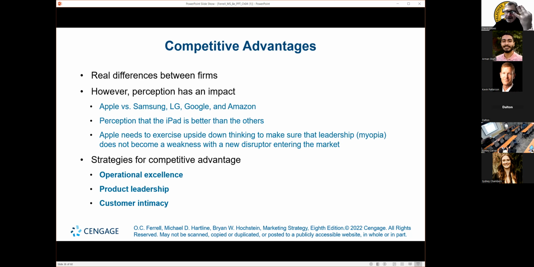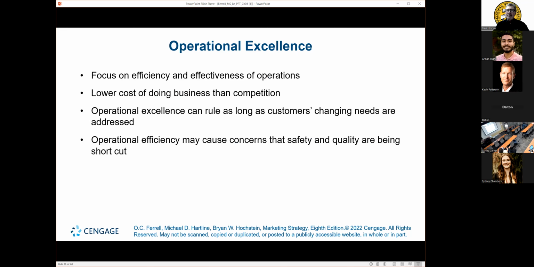So three strategies for competitive advantage are operational excellence, product leadership, and customer intimacy. And let's look at those one at a time. Operational excellence just means you have one of the best, most efficient organizations that are out there. You have scratched your pen to a fine point and do things better than anyone else does. Walmart, all right? Let me give Walmart their due, especially when it comes to distribution, better than anyone else.